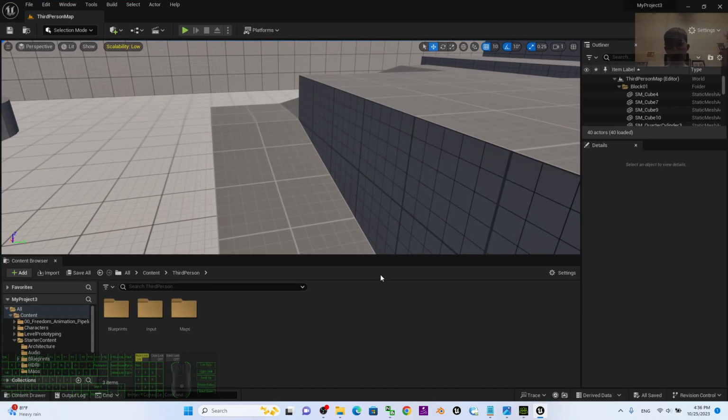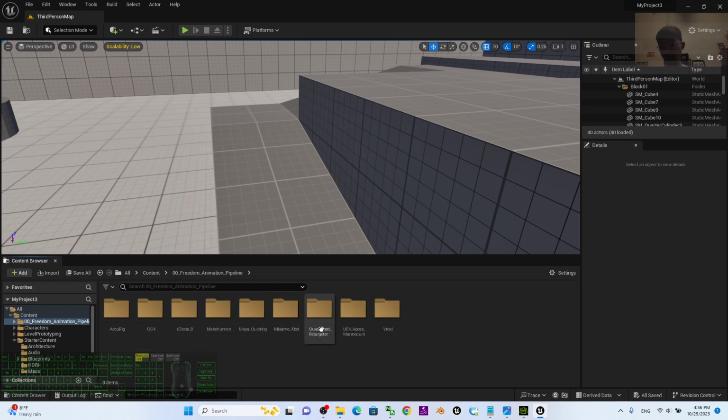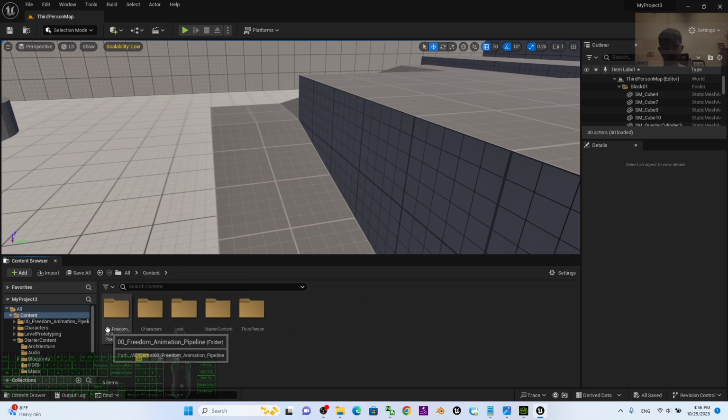Then get back to your Unreal Engine 5.3 and check the content folder. You should be able to see under Content that the Freedom Animation Pipeline is already here. Alright, this is very important. We need it to retarget. Alright, next